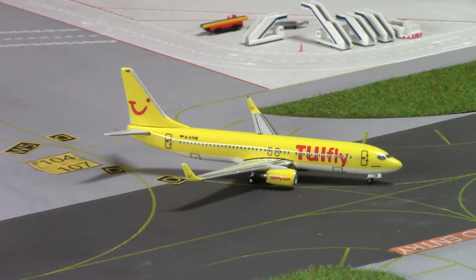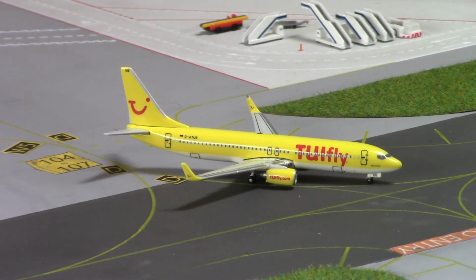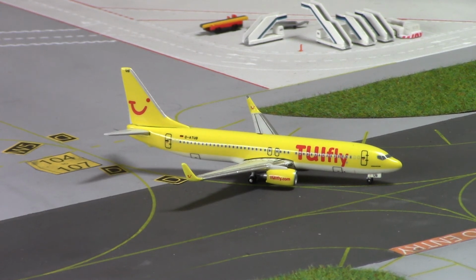But yeah, another custom. This is yet again another custom that came with the same guy that did the Hapag Fly custom and the Thompson Fly custom. Absolutely smashed them. I would just say this has got like a little bit of a chip on the far winglet at the top. You might be able to notice that. Bit unfortunate, but I'm not going to be like overly